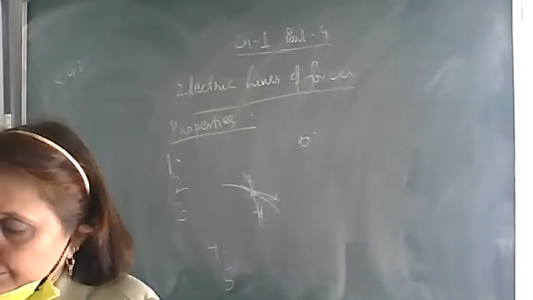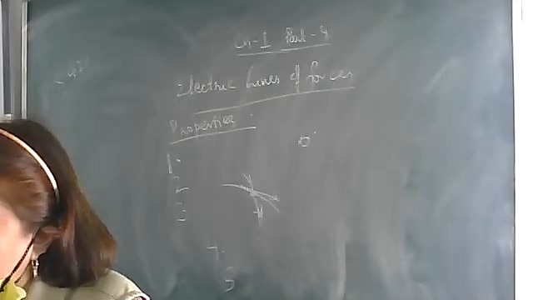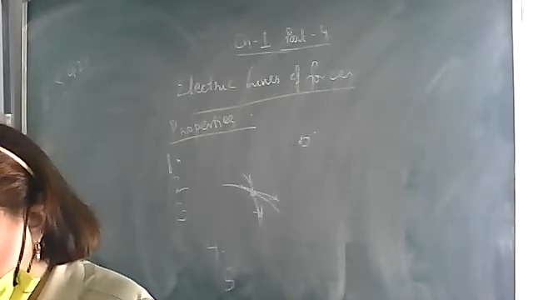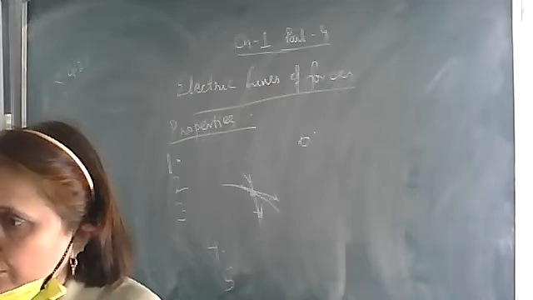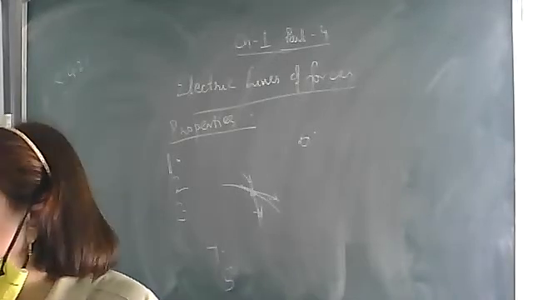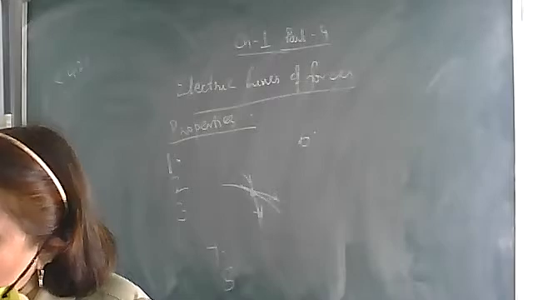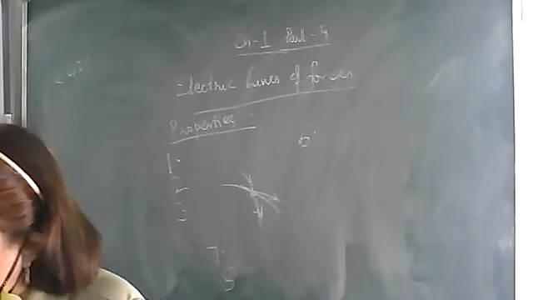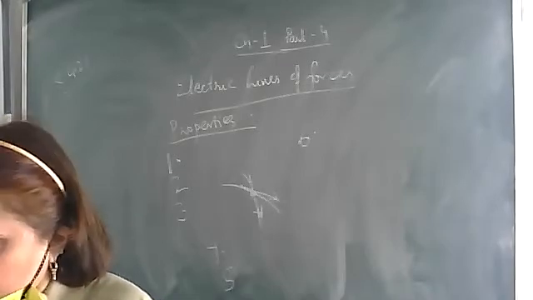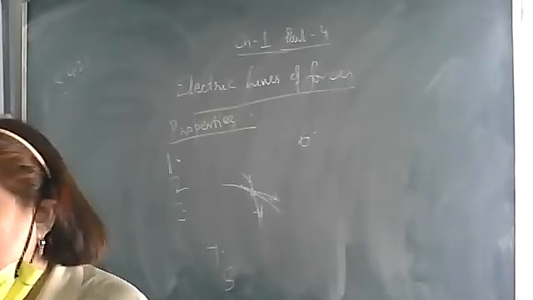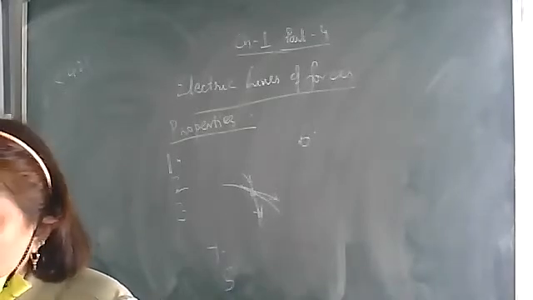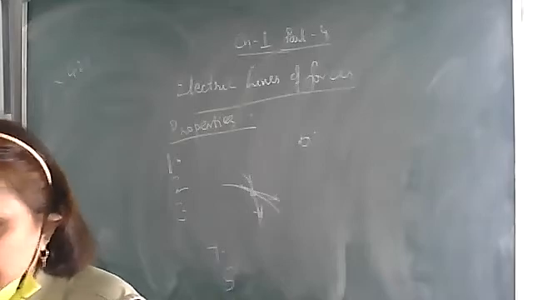Okay, next, in the coming chapters we'll study the magnetic field lines. Magnetic field lines form closed loops. They start from the North Pole, go to the South Pole, and inside the magnet they also travel from South to North Pole. So they form closed loops, but the electric lines of force do not form closed loops. Only outside the charged body they are traveling. Is that clear? So these are some of the properties of electric lines of forces.